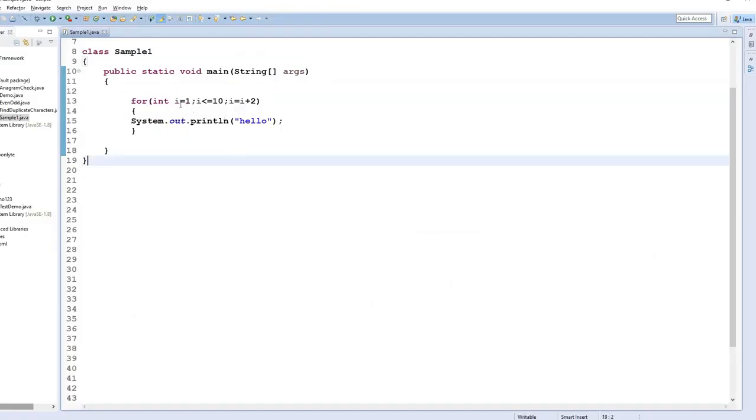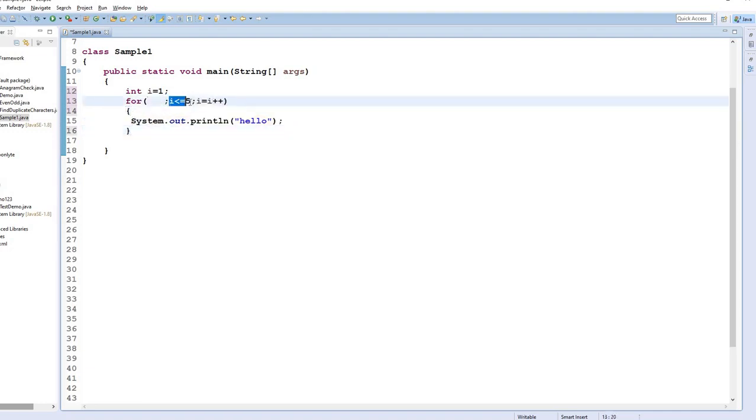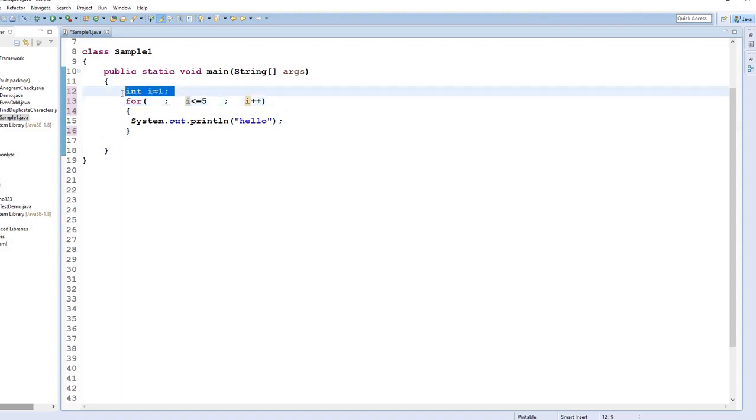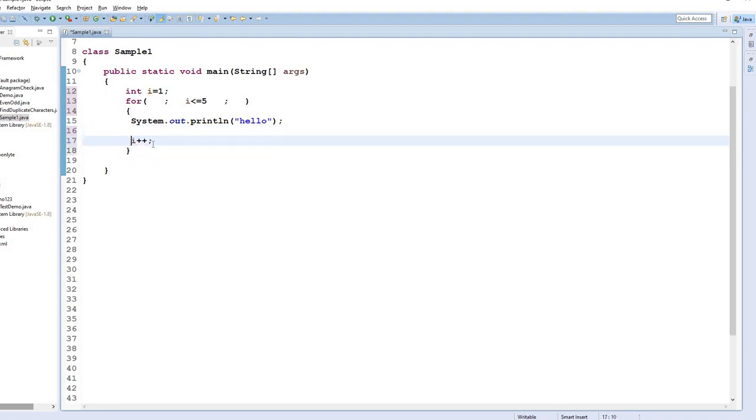Okay, and let me take one more. Can I declare it outside the for loop? Yes, you can do it. So let me put I plus plus here. The previous code, whatever we had, less than or equal to 5. If you closely observe, initialization, condition, increment. Initialization is done first. Later the condition is checked. Later I can put this increment after printing. Is this code legal? In Java we can do this.